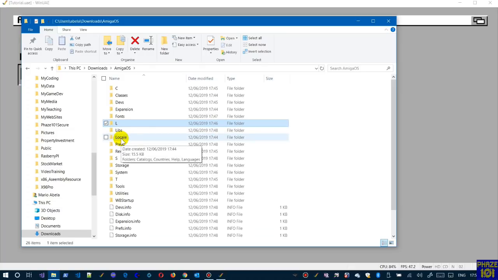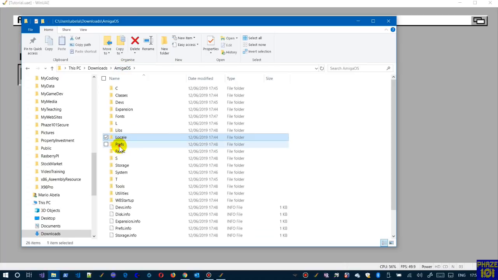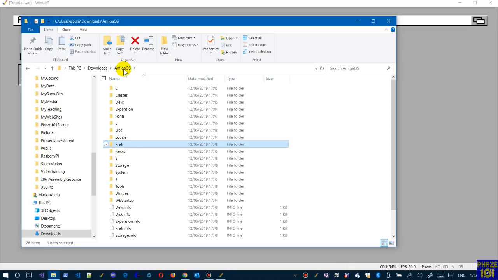Local is for keyboard, etc. Different countries. Preferences is where the preferences are. So the Amiga knows exactly in which directory to go and get these things. Rex